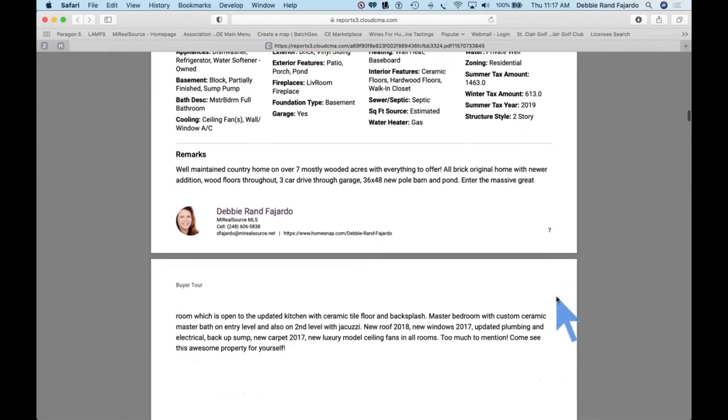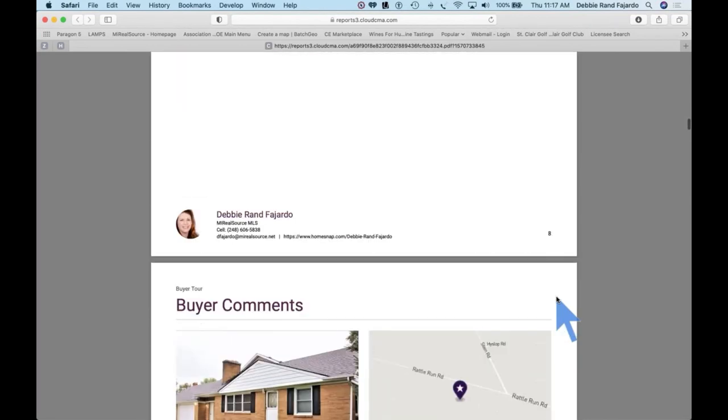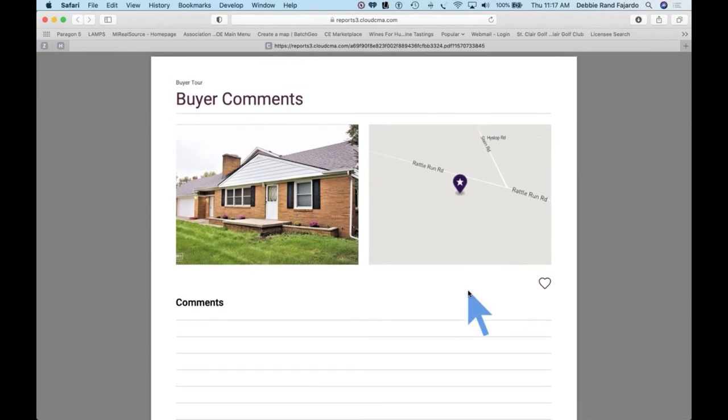However, I did find that it's a lot of information, a lot of paperwork, and you have a space for buyer comments, which is absolutely amazing. You can also print on one sheet of paper the homes that you're going to be viewing. It's great for the buyers to take their notes on. All right, so let's go back to